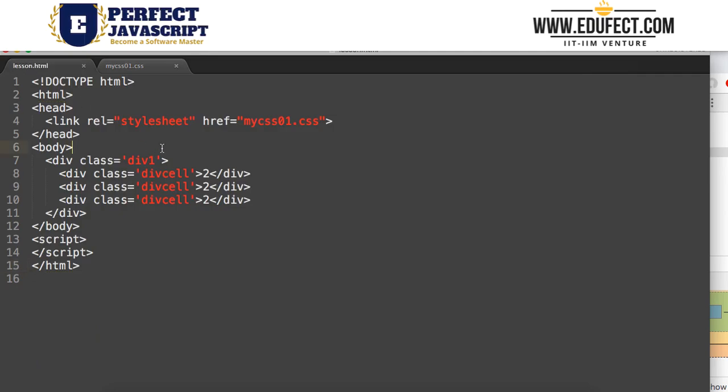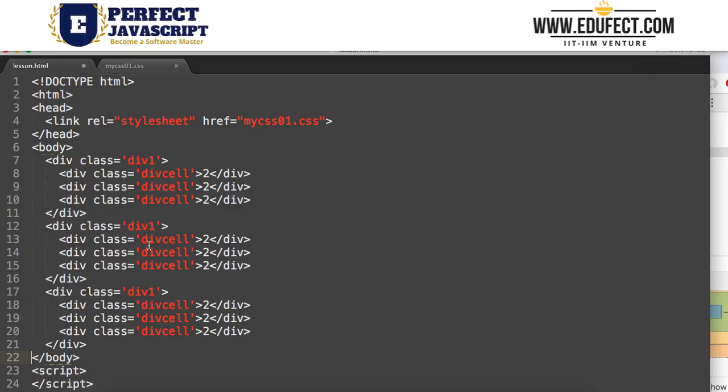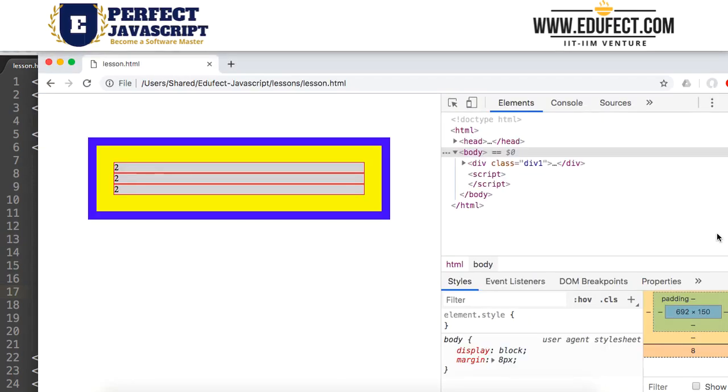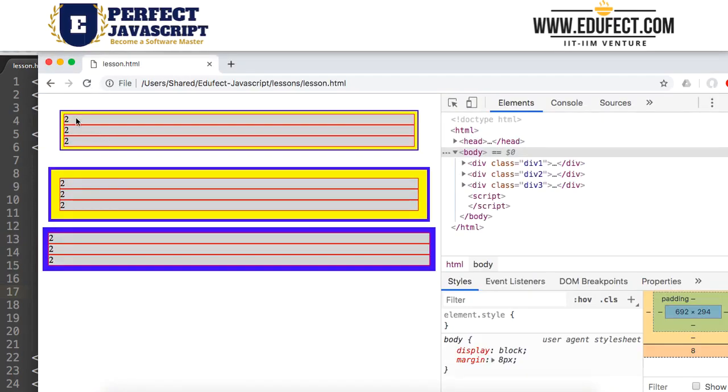Let's go to our lesson and create these three structures. So we have div1, we have the class for this div as div2 and the class for this as div3. Now let's run this. So we have our three divs, and can we now understand them together?